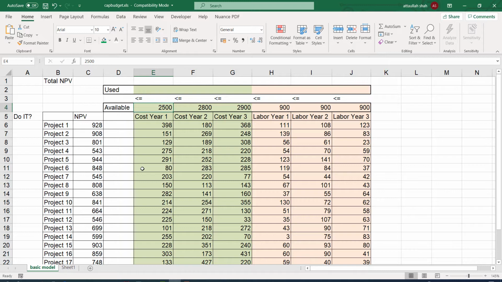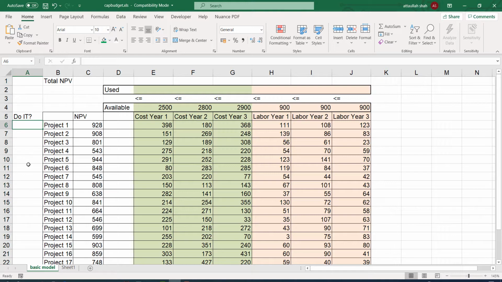Now, to solve this problem, if you can recall the function sum product, we shall use that. And also, for selection of the project, we shall use binary coding. So by that I mean that if a project is selected, I have a column for it.